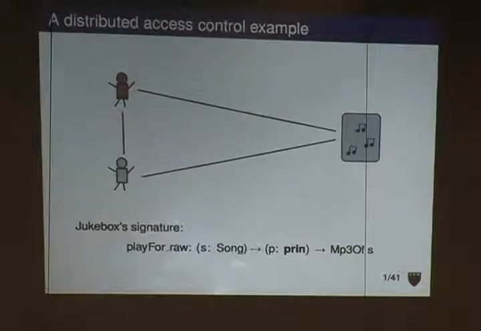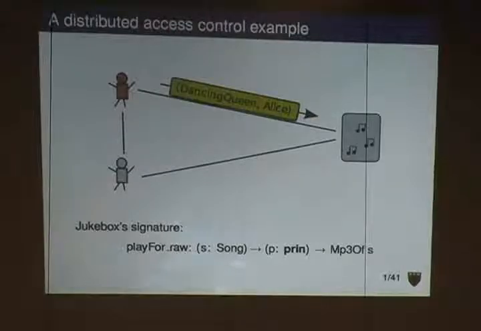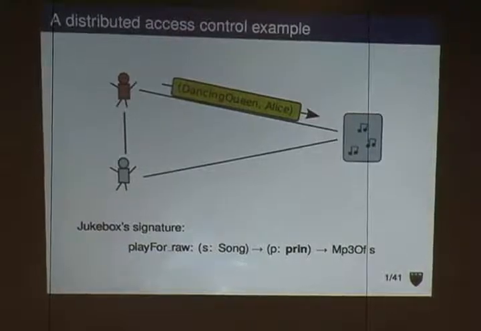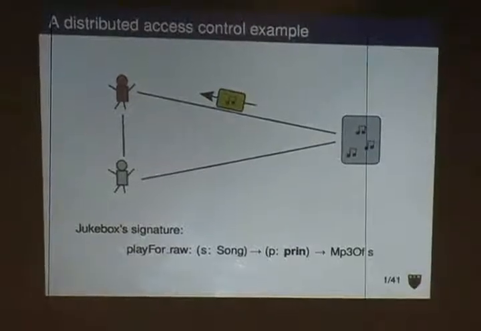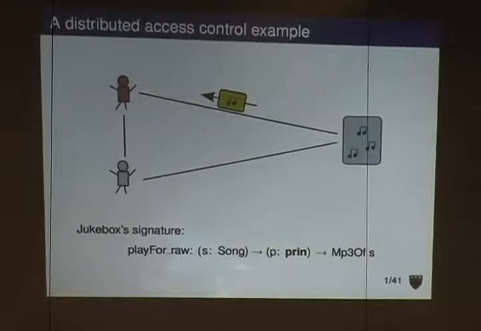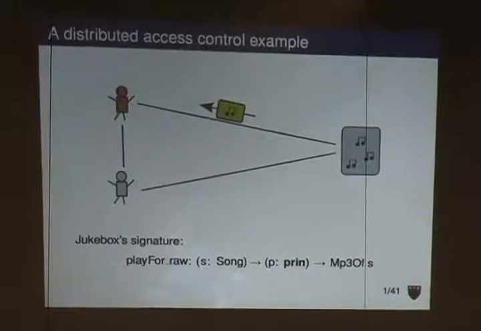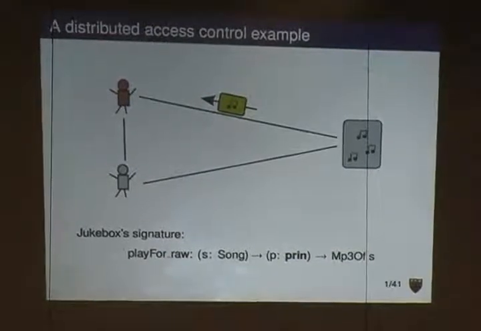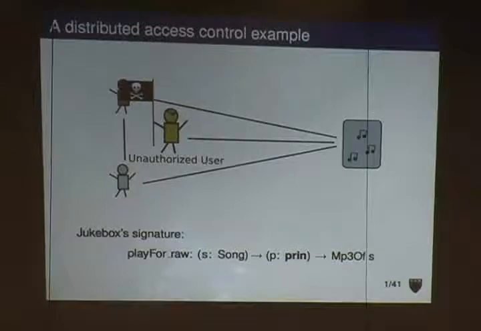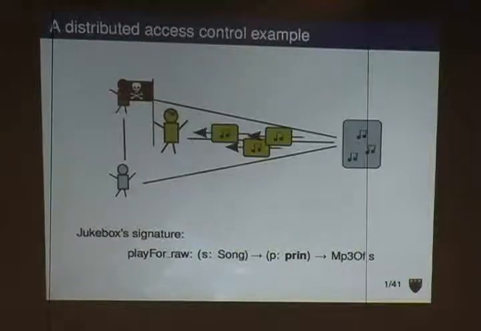Well, not a lot we can do, but Alice can request music from the jukebox. She conjures up a little request with the song Dancing Queen and her name. She sends it to the jukebox. The jukebox returns some data, again, representing the actual bits of that song. Now, this interface to access the jukebox is completely security oblivious. What I mean by that is we just haven't talked at all about access control, who's allowed to play songs. In fact, any principal who can connect to the network can make a bunch of requests and get a bunch of results out.